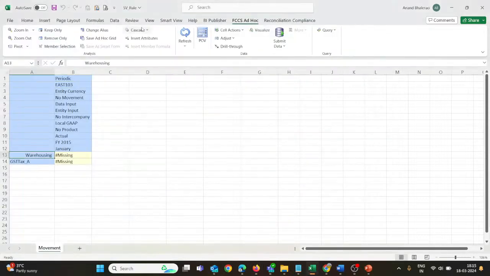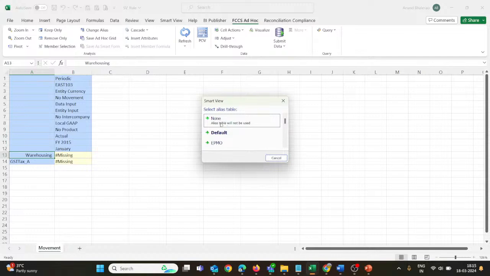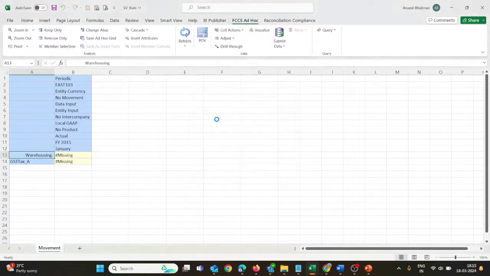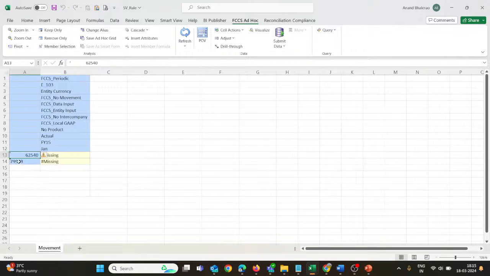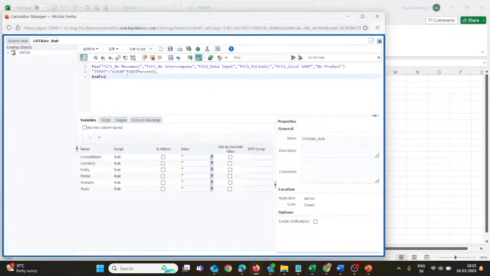I will change its alias to none. Now you can see 7999 is our GST rate, the member in which GST will be calculated automatically, and 62540 will be warehousing. So I have defined that here: 62540, and 7999 is the GST percentage. The amount will be calculated, and for the percentage we have created one